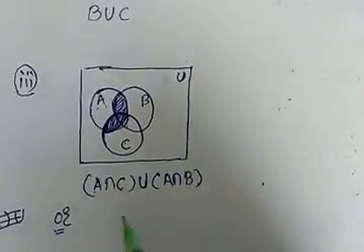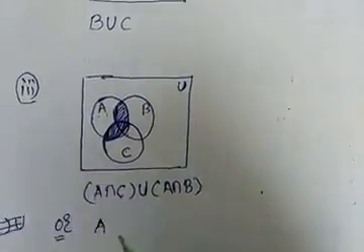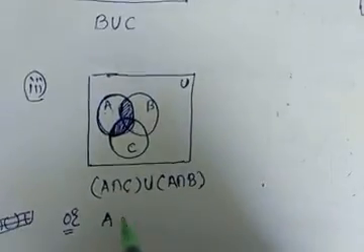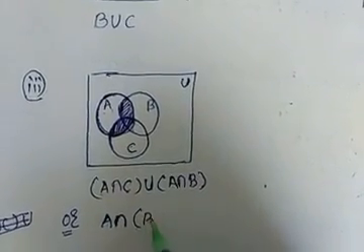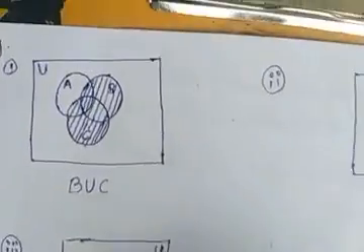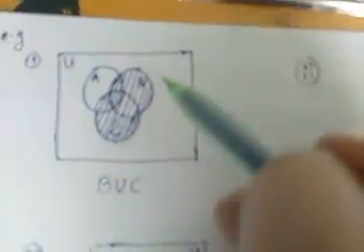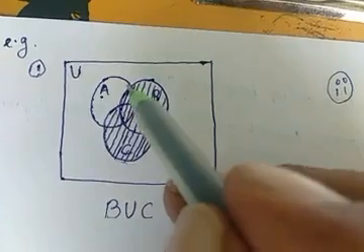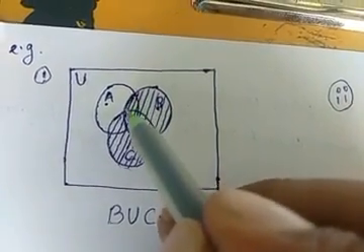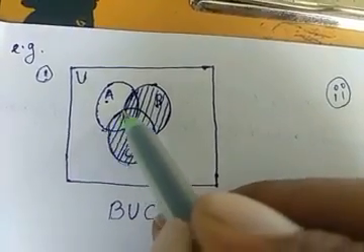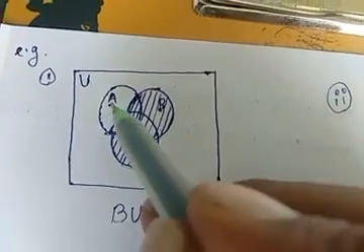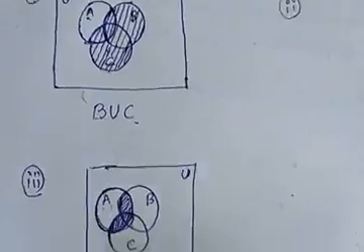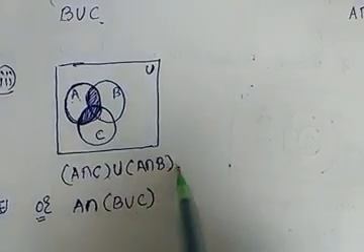Or it is this total set A intersection B union C. If we see the B union C set, we define it by this shaded region, and the common region of A with B union C will be this and this. So we can say A intersection (B union C), or A intersection C union A intersection B.